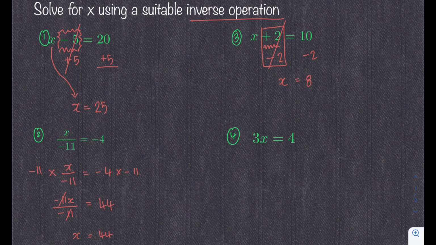And last question, 3x equals 4. 3x means 3 times x. So the inverse of times 3 is to divide by 3. So I would rewrite the equation and divide the left-hand side by 3 and divide the right-hand side by 3. 3 over 3 is equal to 1. So I'll cross it out, and that leaves me with just x equaling